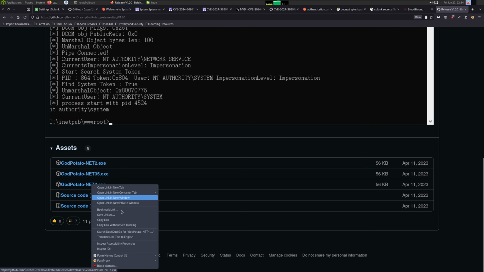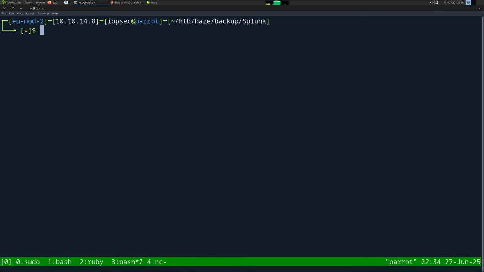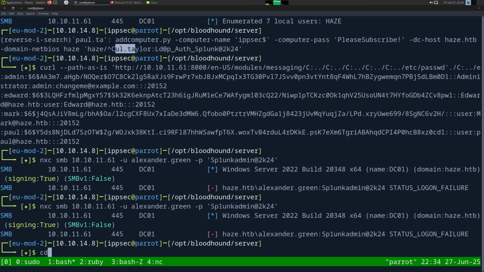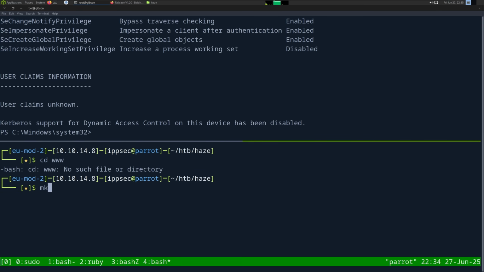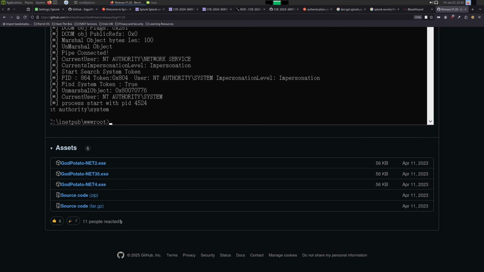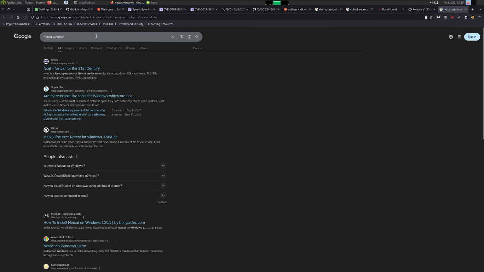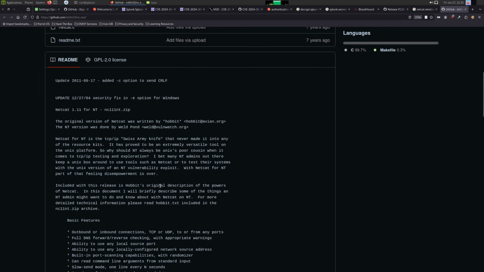So let's go ahead and download GodPotato Net 4. Do I have a dub already? I don't think so. So we'll do make dir dub, go in here, wget, and then I'm also going to download netcat because we'll need that to send the shell easily. So I'm going to do netcat Windows, and if you download like the first result off of GitHub, it doesn't actually have the -e. I know I wasted a little bit of time playing around with this, and then I read the